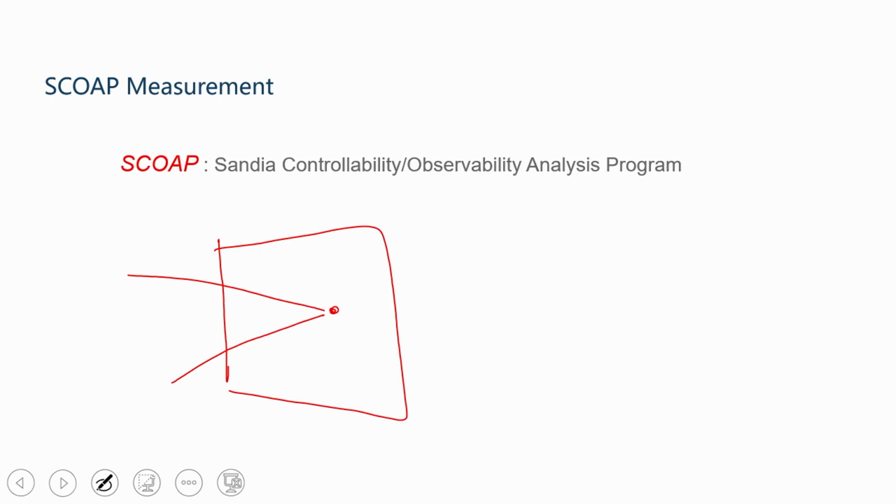So, you are trying to assign that controllability. Observability is, I thought I controlled it, how do I know until I propagate it to the primary output. So, this part is control, and this part is observe, and this is the key idea of what I am going to talk about next on automatic test pattern generation. You control and you observe,